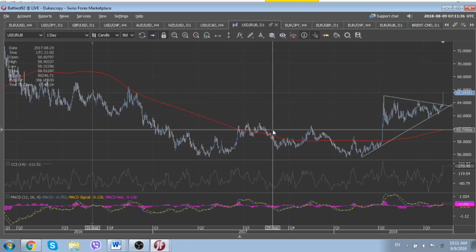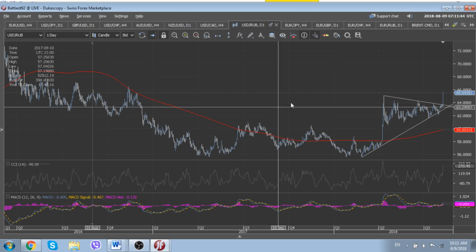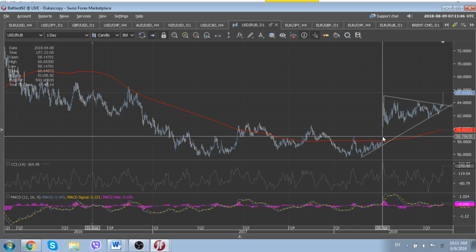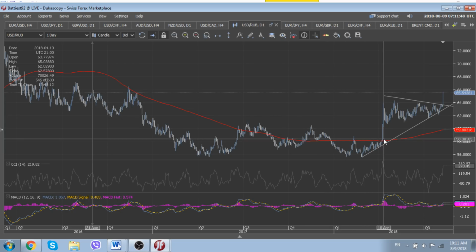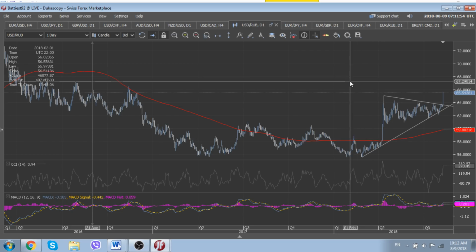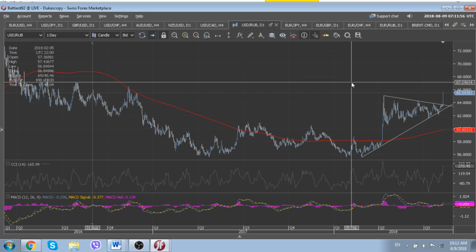Anyway, the market is ready to prepare itself for such sanctions, and we suggest that starting from now, because we broke above the highs of 2018 at 65.03, we should aim for higher levels, probably for